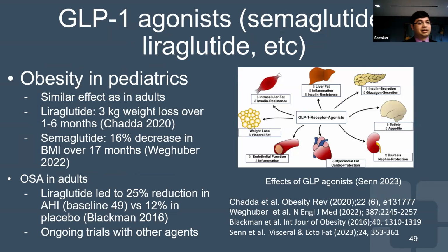Particularly semaglutide and liraglutide. So in obesity in pediatrics, liraglutide has shown, and both have shown, similar results as in adults, a fair amount of weight loss. In obstructive sleep apnea in adults, liraglutide particularly has shown significant improvement in AHI, to an extent that right now it's under FDA review for approval as an indication to go on these medications for obstructive sleep apnea,